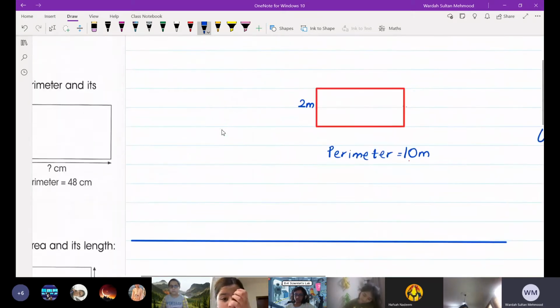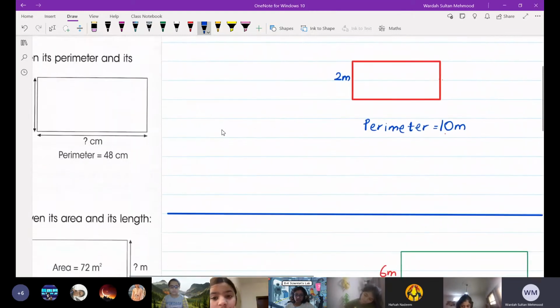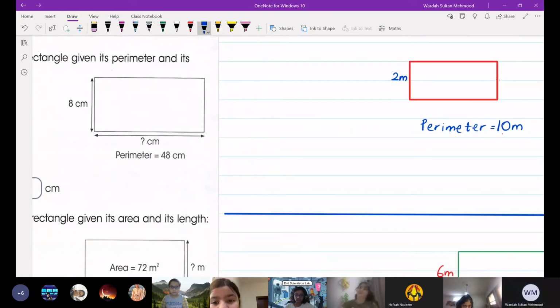And what's the formula for any figure for area? Length times breadth. Yes. Very good. Length times breadth. Now, yes. So